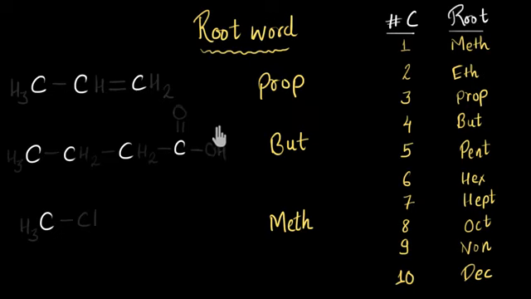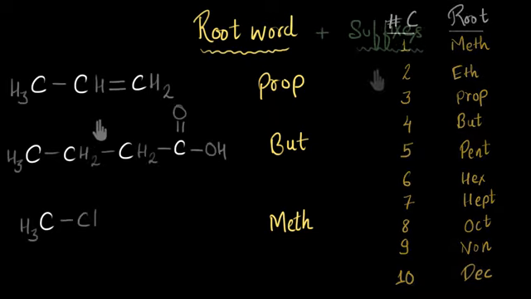By the way, one side note is that the root word actually refers to the number of carbon atoms present in the longest carbon chain. But in this video, we are only talking about carbon compounds which have one single carbon chain. There is no branching, so multiple carbon chains cannot be formed here, right? So that's why we are not complicating things. We will talk about the longest carbon chain rule in future videos, so don't worry.